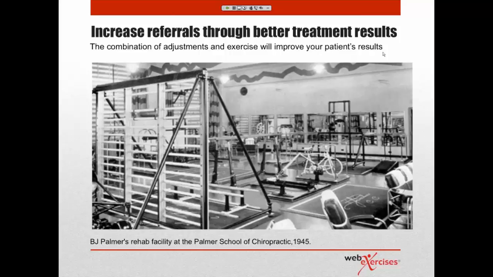But if we look from a historical standpoint, chiropractic and exercise goes back to the early 1900s, with a lot of the chiropractors adopting the teaching of a guy by the name of Bernard McFadden in a way called physical culture, and helping patients with exercise, diet, just wellness overall, what we've always done. And this is a great picture from BJ's clinic in 1945, which has a gym.